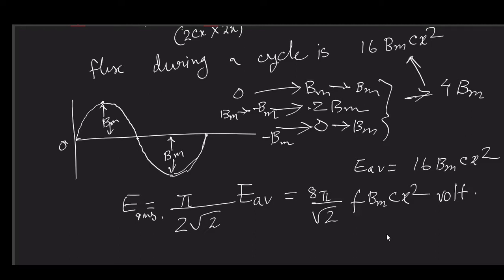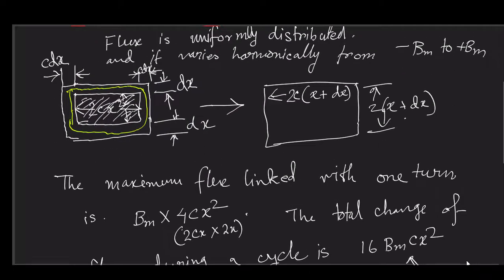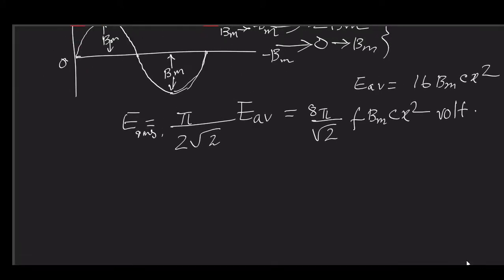Now this RMS is acting on an elementary path. What is that elementary path? The elementary path is this one. Obviously this elementary path must have some resistance value, and how do we find it out? If we define rho as the resistivity of the material,